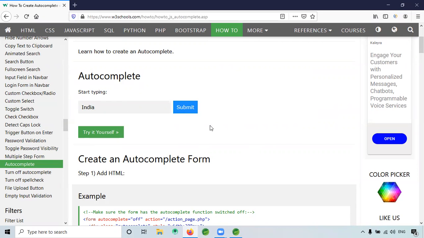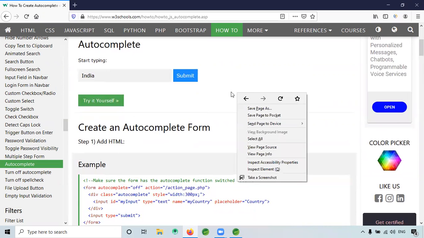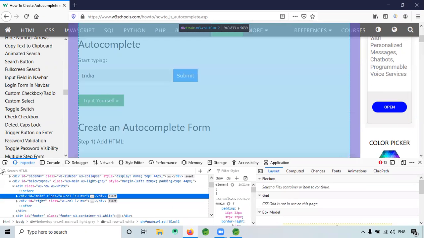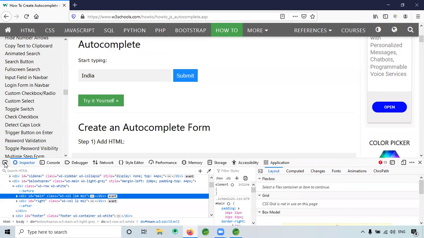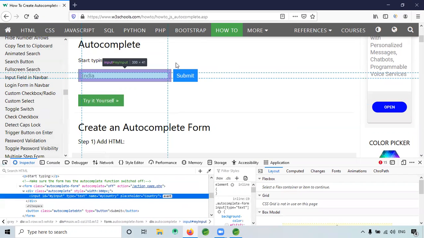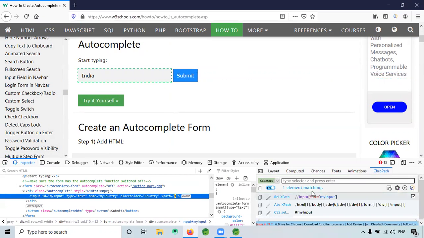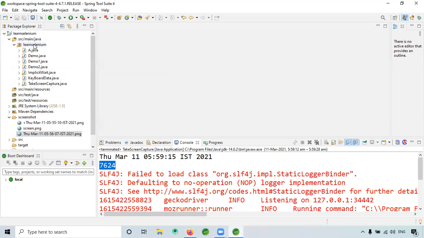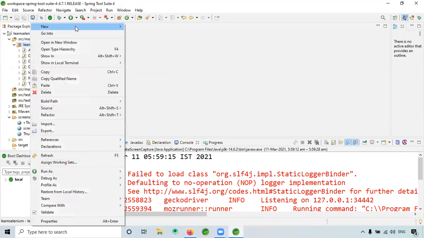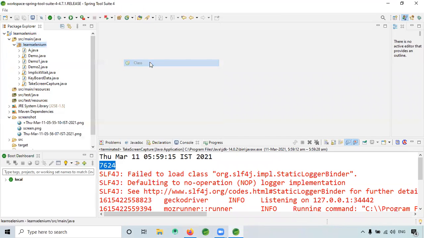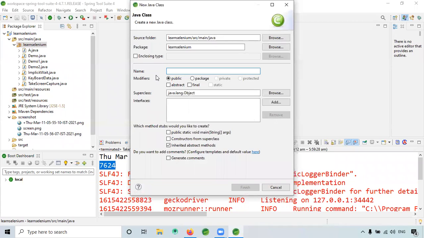So for that, how do we write the code? Inspect element. I will click this, and when I click, I'm able to get the XPath. Let me create a new file.